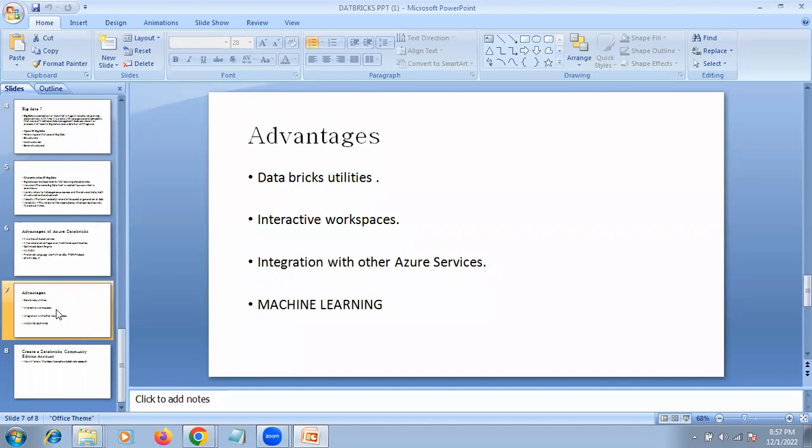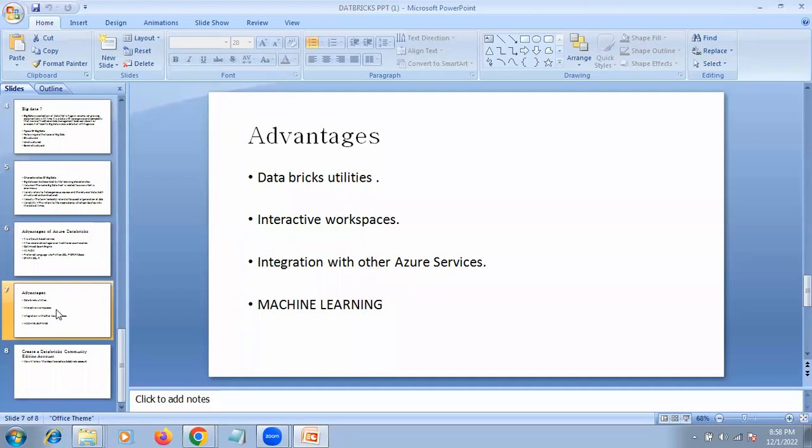It is not like the normal IDEs available in the market, like PyCharm and Visual Studio, which you can use also. There you write your code in a single file, but in Databricks there are many cells, so you can differentiate your code step by step.